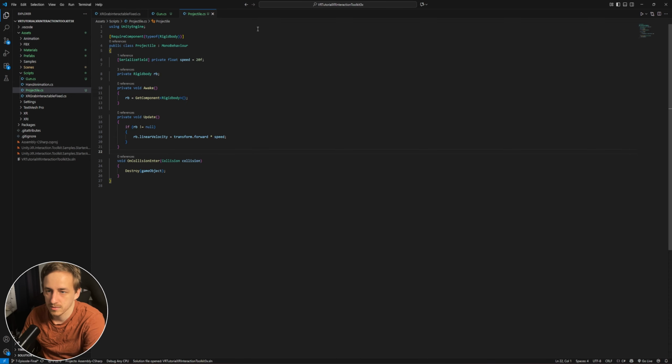Okay, so this is the script we're going to use. So we have a required component, Rigidbody. This is for if we don't have the Rigidbody component on the object, then it's automatically going to add it to it. Then we need a speed variable and the Rigidbody on the object. So on Awake, we get the Rigidbody. And on Update, we are just adding a velocity to the object